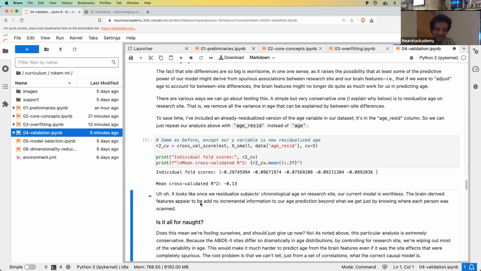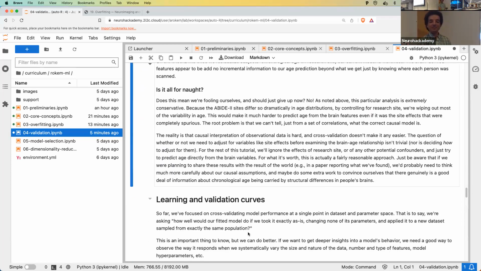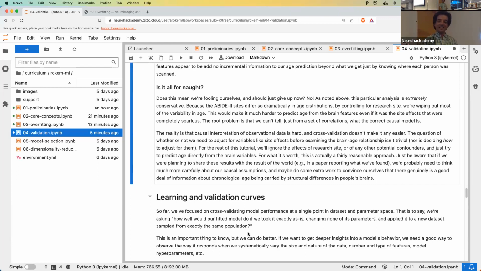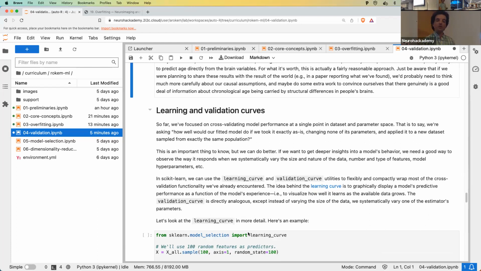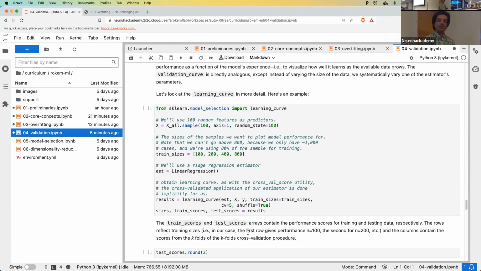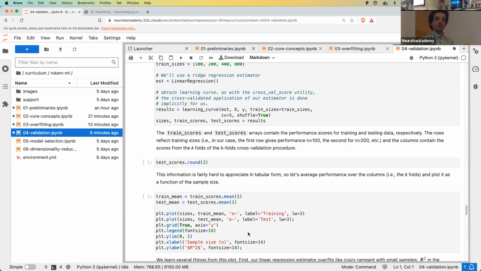So should we just give up now and call it a day? It's late. Perhaps that is not a bad idea. But maybe let's push on just a little bit more. I'm actually not going to go into these learning curves. They're nice. They're really great facilities within scikit-learn that I encourage you to learn about, that let you do these experiments about what and how you should include more data, less data. How are your models affected by different kinds of